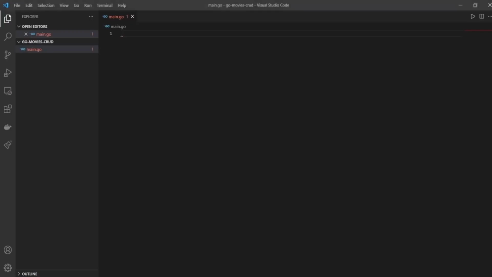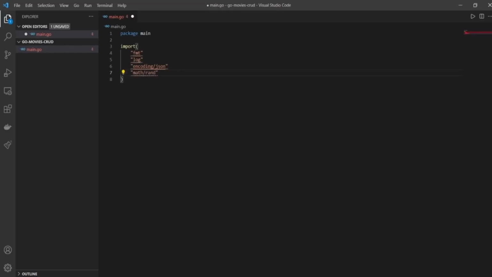As you know, when we write the main.go file, the first thing that we have to write is package main, and then we start importing the packages that we need. I know that I'll be using fmt because I'm going to be printing out stuff like your server is connected. I know that I'll be using log because I want to log out the errors if there's any error connecting to the server. And then I'll be using encoding/json. By the way, all these are part of the standard library, so you don't have to worry. I need encoding/json because I want to encode my data into JSON when I send it to Postman. And then I need